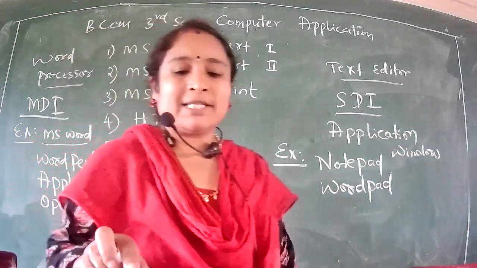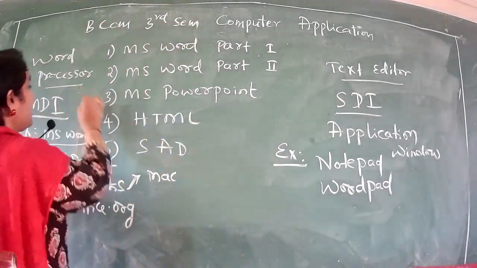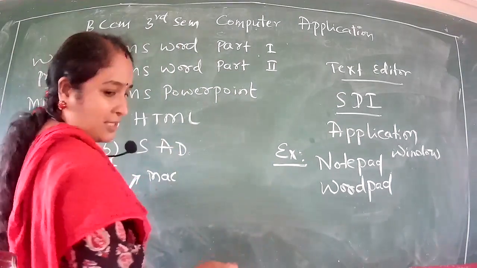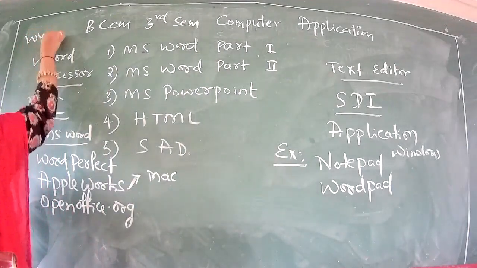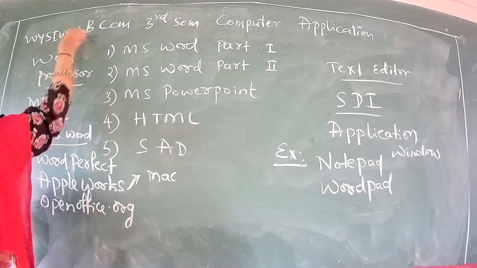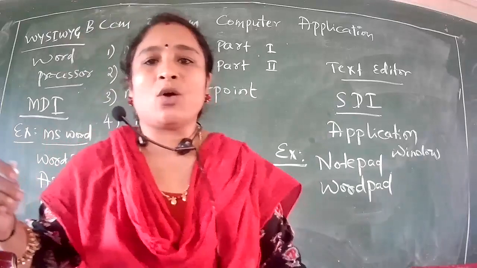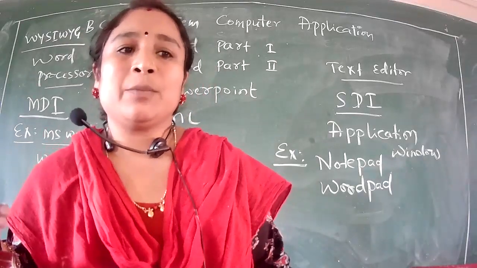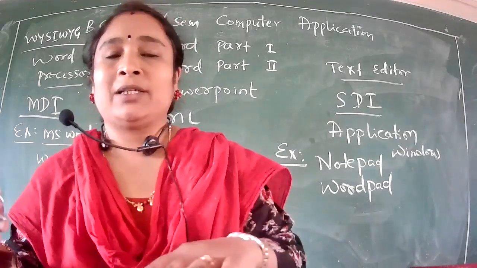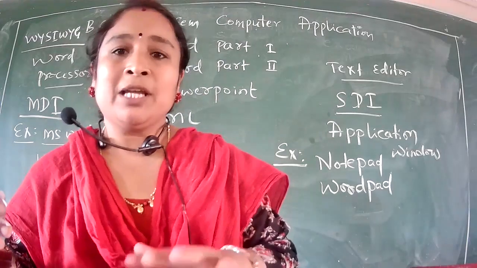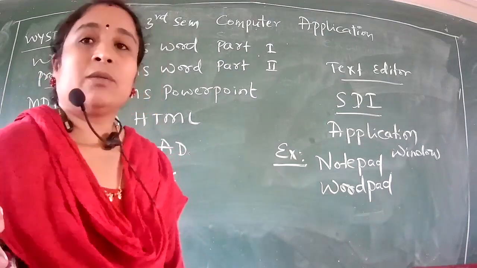Next, we are going to discuss one more important feature of the word processor. Nowadays, word processors and text editors use the what-you-see-is-what-you-get concept. In this, whatever changes you make on the screen, you get the same thing in the printout also. While taking a printout, the document looks the same as the finished one on the screen. You get the same printout on the printing paper.